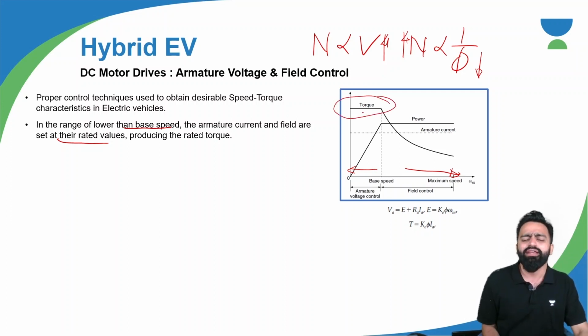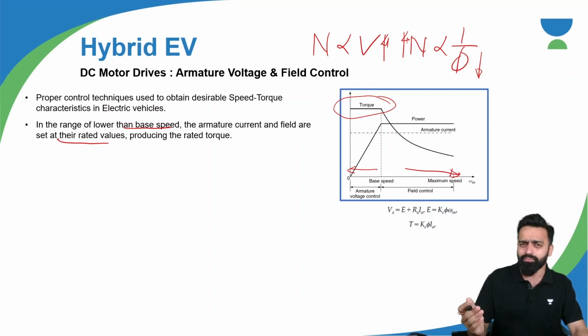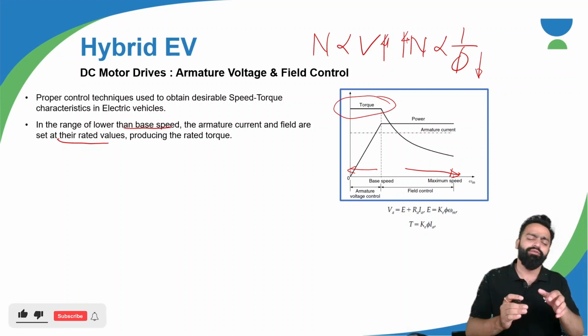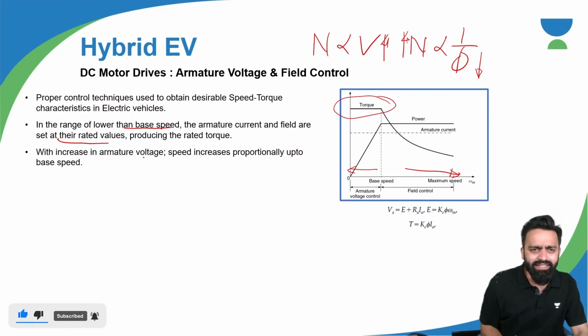So here you can find initially a high starting torque is required, and that is achieved by passing rated armature current. I hope you remember what is armature. Armature is on the rotor, field winding is on the stator. As we go ahead with increase in armature voltage,